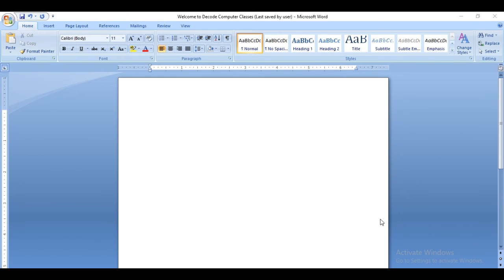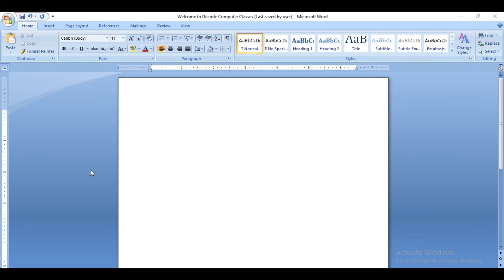So now friends, we came to the last chapter of part 1, that is document template, right? So let's see here how to apply this document template and how to use the template. First understand what a template is. Friends, a template is actually a pre-designed format of a document. It can be a CV, it can be a form. So different types of template formats are available.